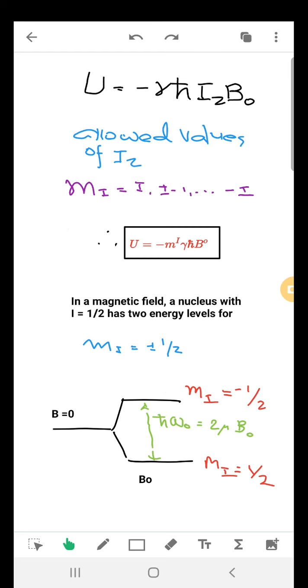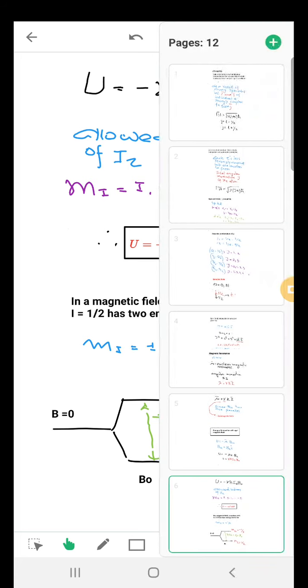This indicates that when a magnetic field is applied, a nuclear state will split up into two states corresponding to the two values of Mi, 1 by 2 and minus 1 by 2. The energy difference between the two will be expressed as h cross omega 0, and it will be equal to 2 into mu into B0. Now this omega 0 is actually nothing but the